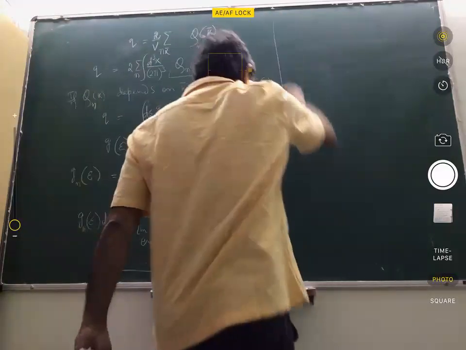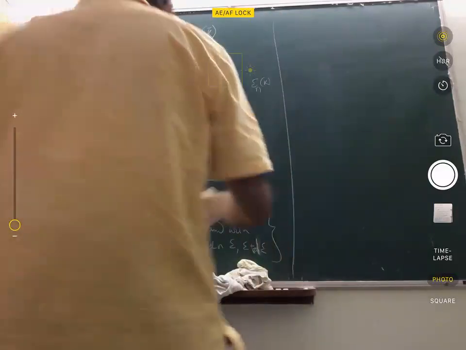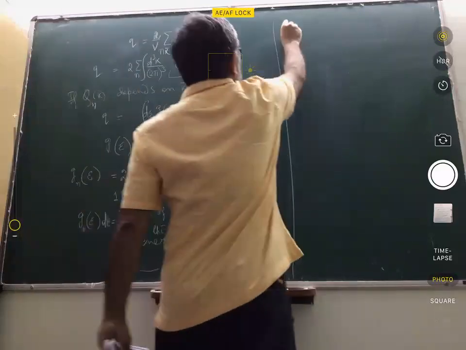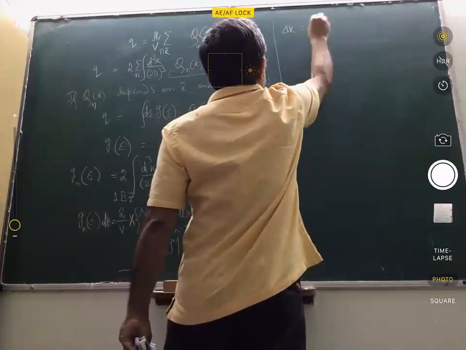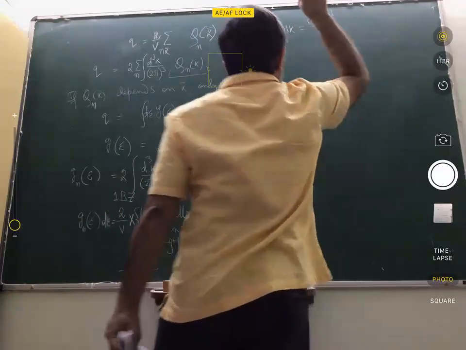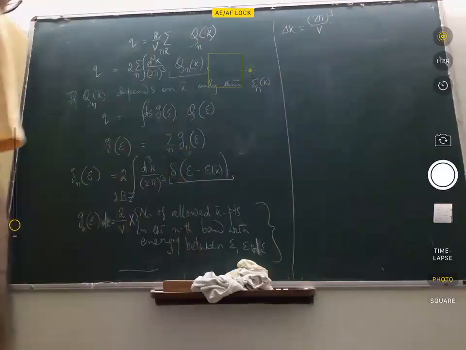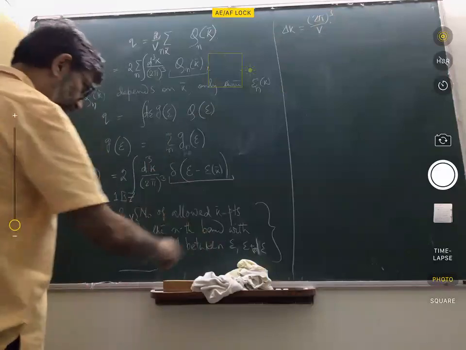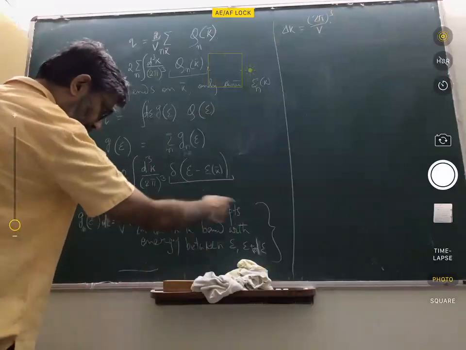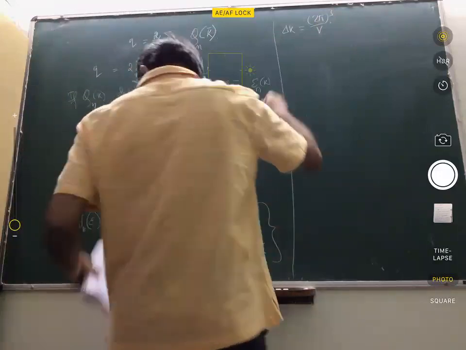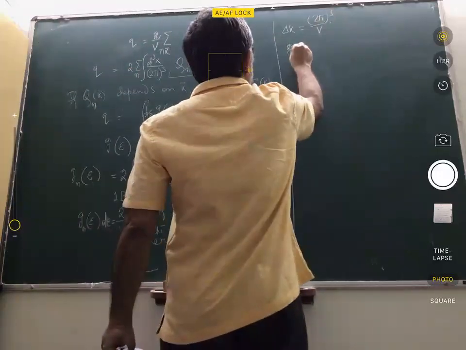So what is the volume per allowed k point in the reciprocal space? That was delta k, which we have. If we divide this by that, we have to write somehow the volume in k space such that the energy is between this. So then I can write